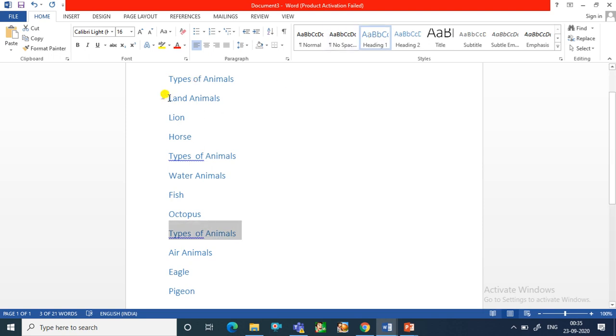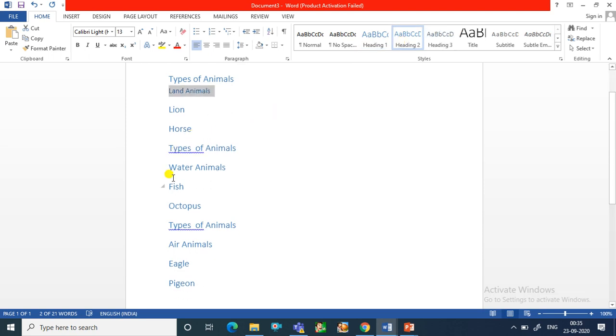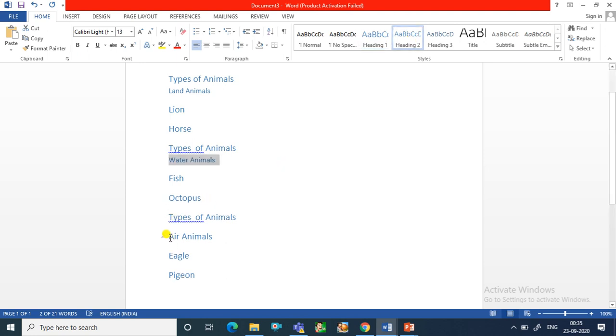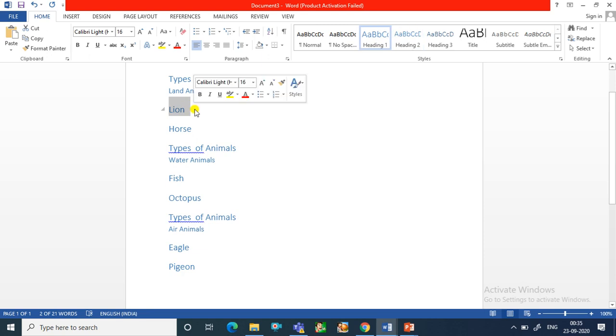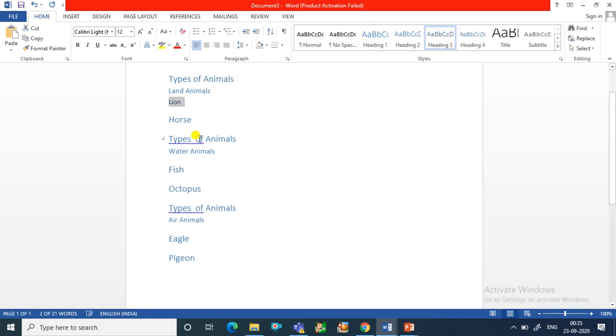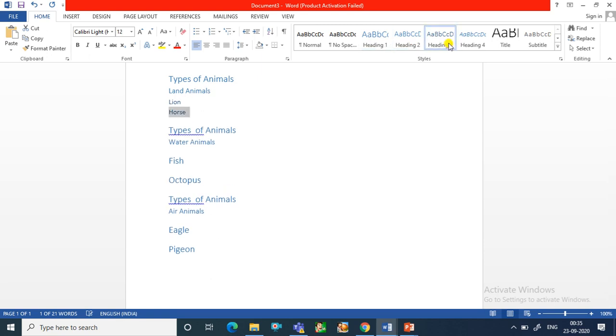Okay, now land animal heading 2, water animal heading 2 and air animal heading 2. Fine. Now next one is the lion, horse, fish, octopus. All these come under heading 3. Just select it and click on heading 3.